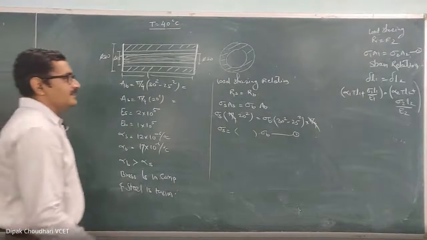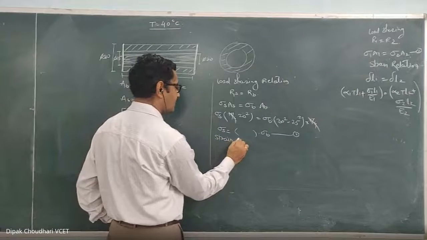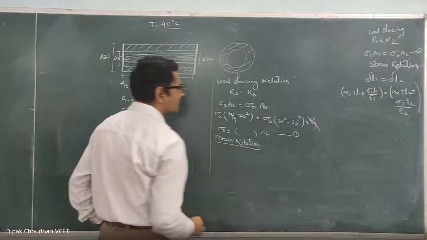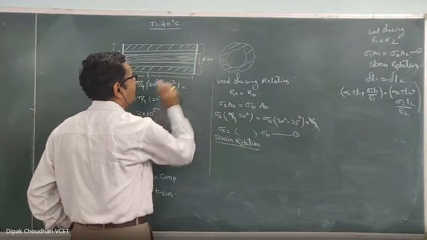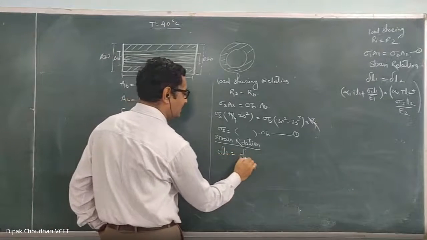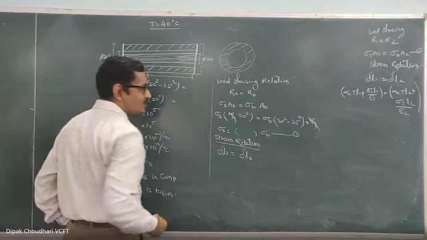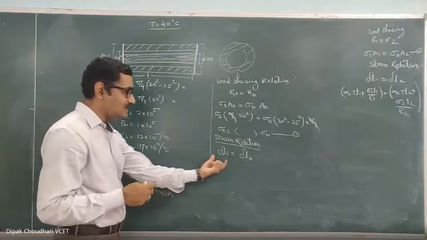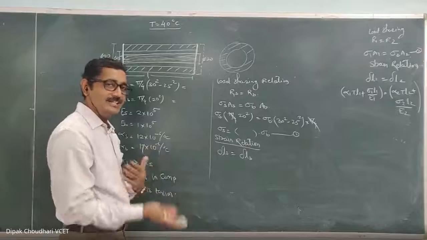Okay. Then let's write down the strain relation. Now, since they are rigidly connected together, the total deformation of the entire assembly will be the same for both materials. So I can write delta LS equal to delta LB. Now, I already told you that in the case of temperature stresses, there are two components: one is the change in length because of the change in temperature,